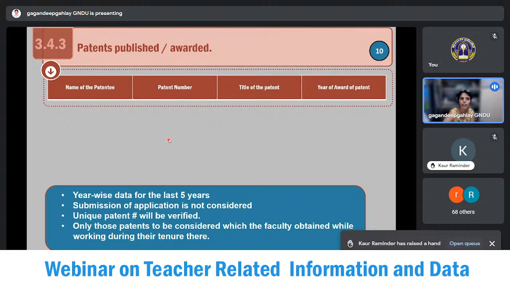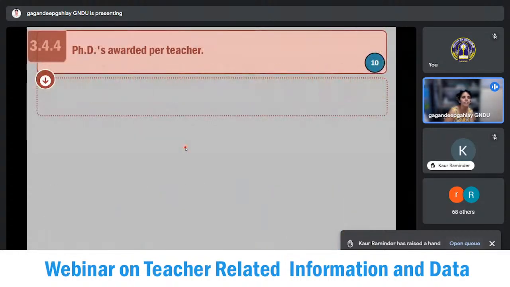Another important point, please give only those patents obtained when the faculty was working in your institute, not the ones from when they were not working in your institute. So only include those patents where the faculty obtained them during their tenure here. This also carries 10 marks, and after that, NAAC wants us to talk about the number of PhDs which